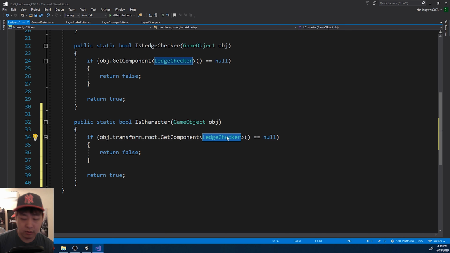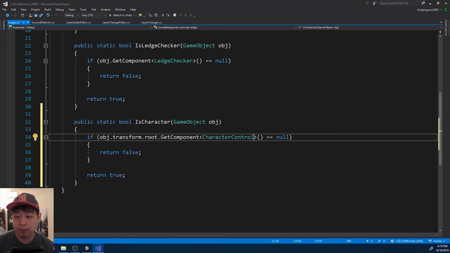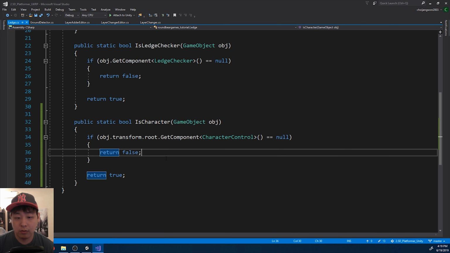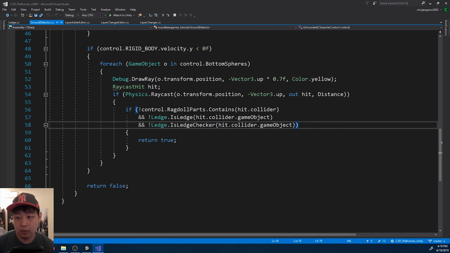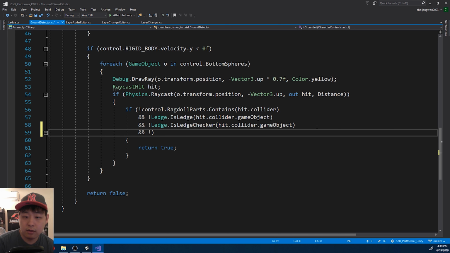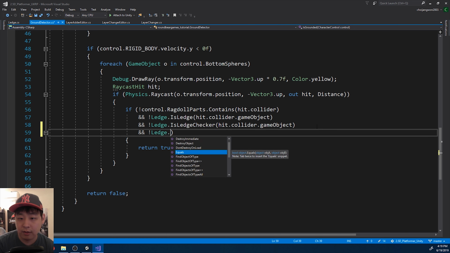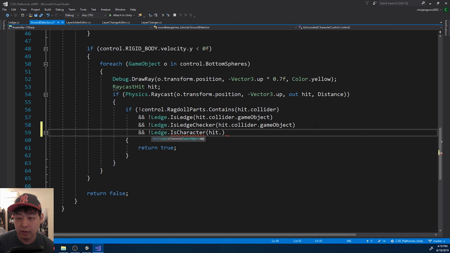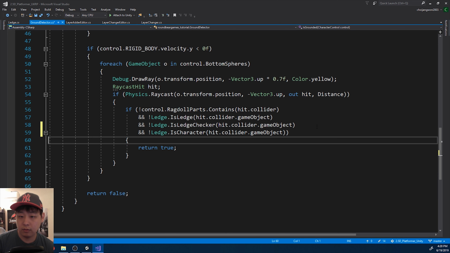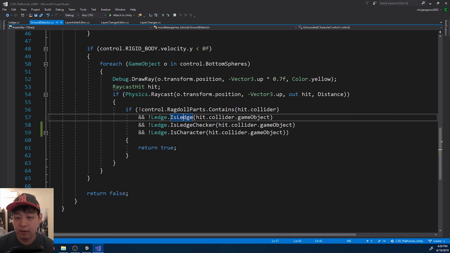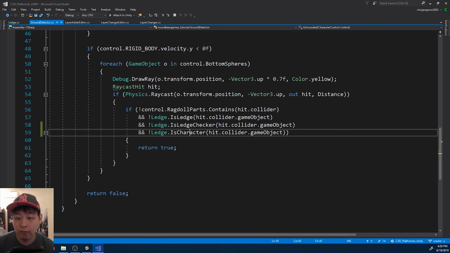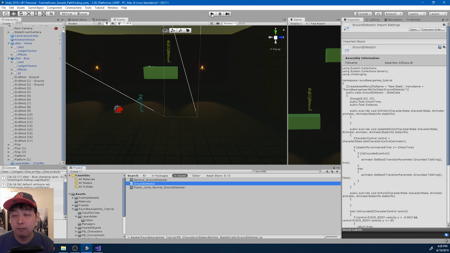And if that root has the character control, then we want to say that it's not the ground. So here, I'm going to add the line. Whatever the ground detector is detecting has to be not the player. So now the ground detector has three things that it's not going to interact with: the ledge checker, and other characters. If I save everything and go back and play,